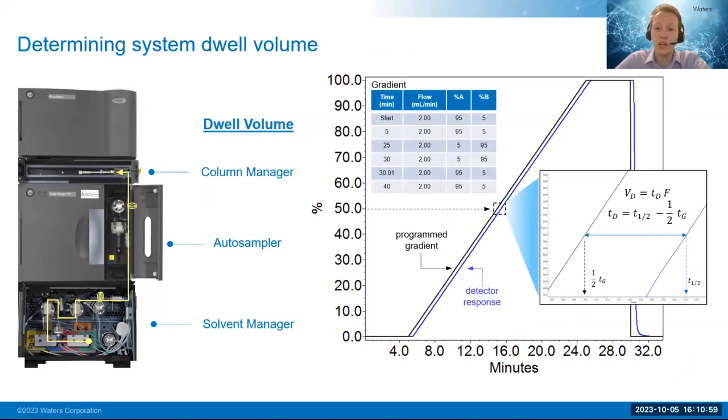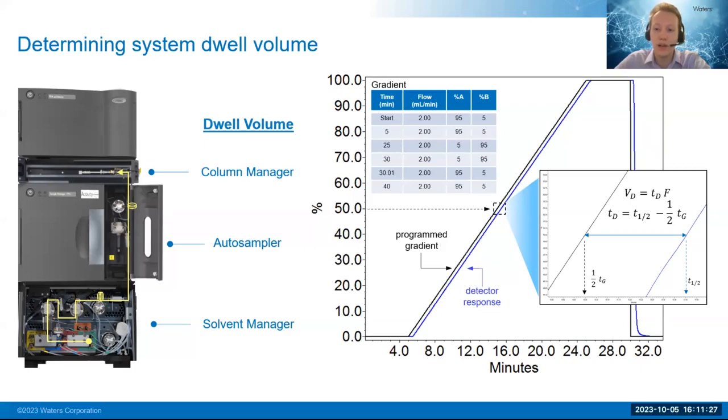So this volume changes based on the design of the LC system, and to experimentally determine the dwell volume, a simple gradient from mobile phase A to B can be used with a UV active compound. So in our case, we used caffeine as the UV active compound and spiked it into mobile phase B at a concentration of 10 milligrams per milliliter.